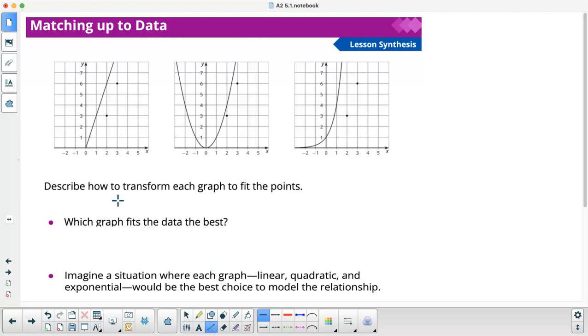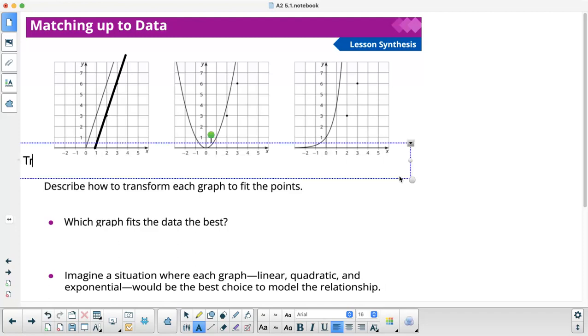So first one, here's my line. It looks like I'm gonna pick a point like right there and put my cursor right there. It looks like I just gotta move right 1. Okay, so for that one, translate right 1. Pretty easy. Next one,